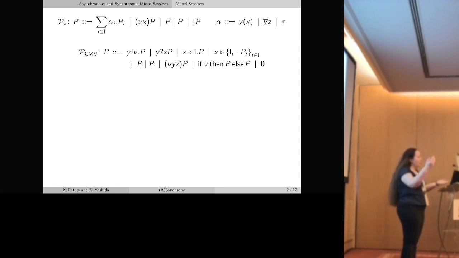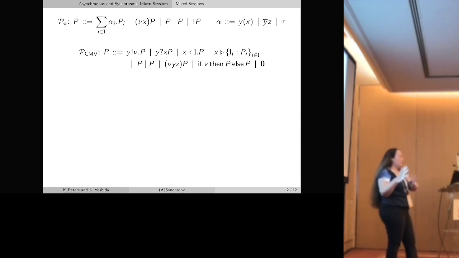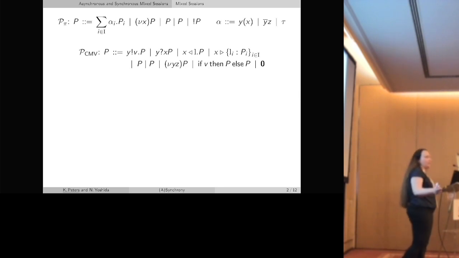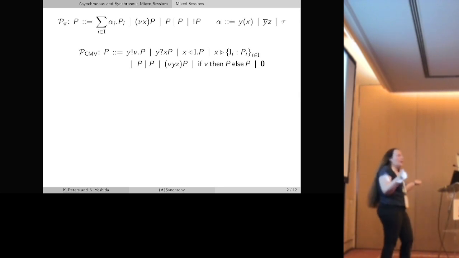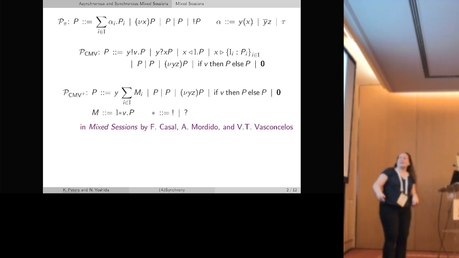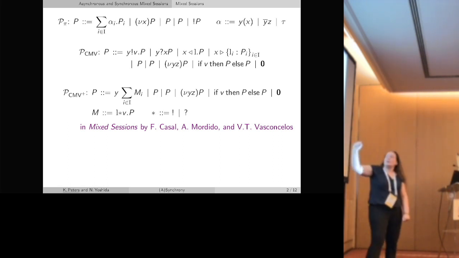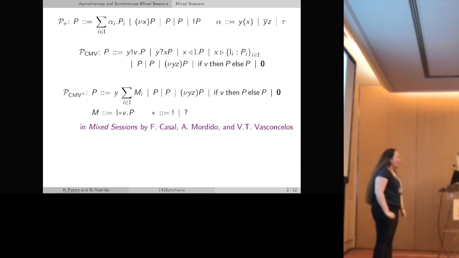And so the general idea of choice that you find in binary session types is that you have some kind of internal choice connected to the sender that makes a decision of sending one of several options, and you have on the receiver hand side an external choice that offers different ways to react to this decision. But that's it. You do not have a mixed choice, usually. Now, that also explains why I called this calculus CMV. This is because of the three authors, of which we have one here. There was this recent